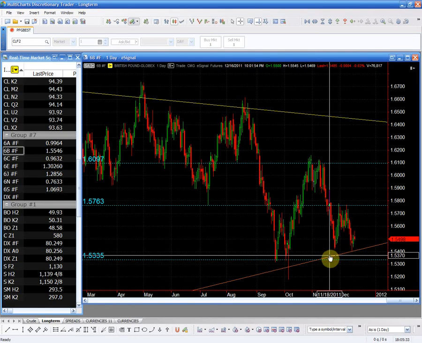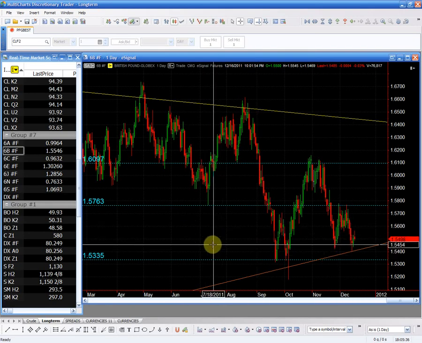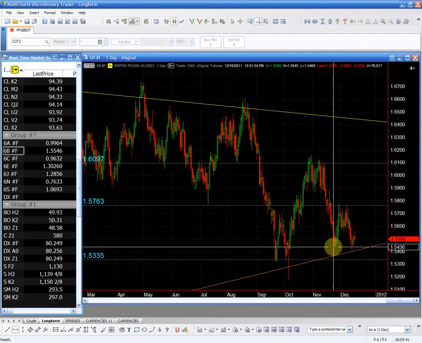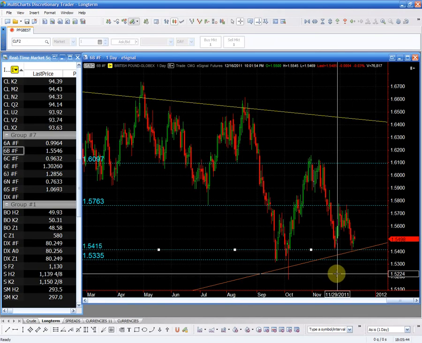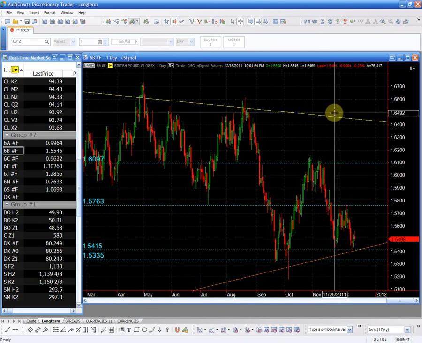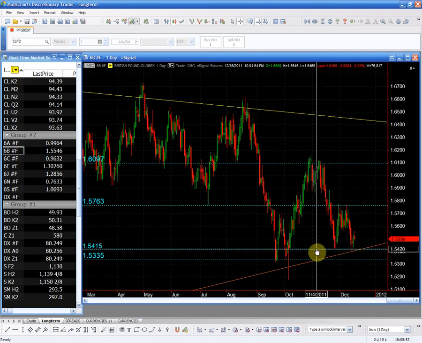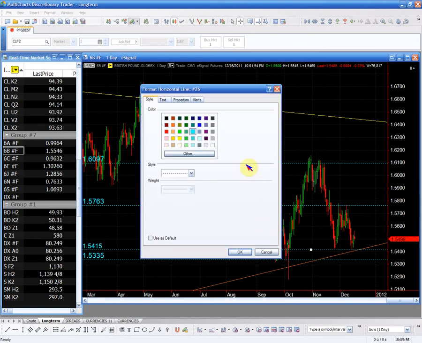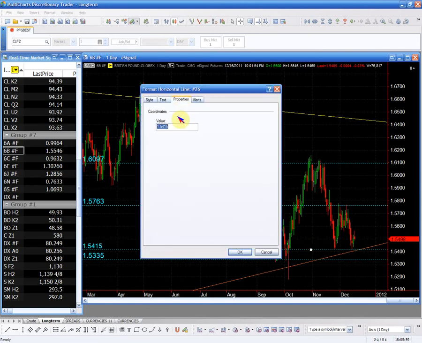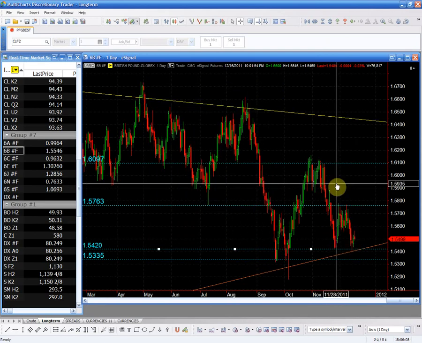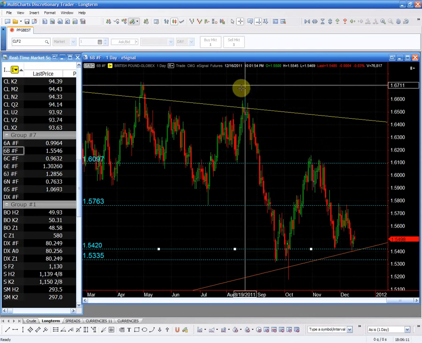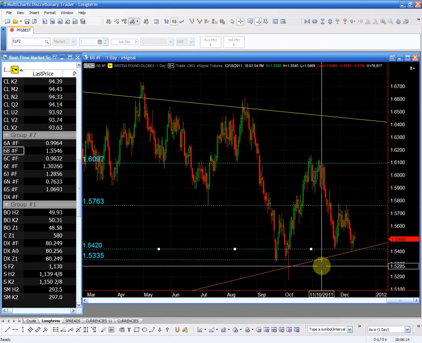At 154.20, we can technically consider this a minor structural point. This is your one failure, this is the second failure, and right now this here, the 154.20,